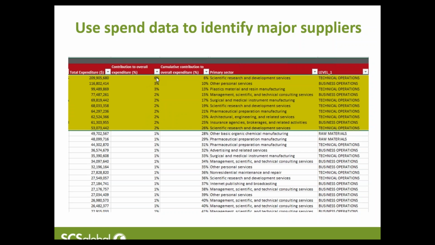You can see the first one is by far the most important, at 6% of the overall spend of the company. But with this quick analysis, you can identify what are the major suppliers of purchased goods and services. And usually, depending on the data exports you can get, you can categorize it quite cleanly as well. Once you've done this, you can analyze this in more depth to begin to understand where you should focus your